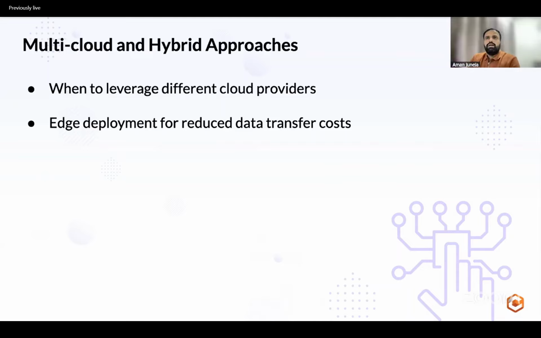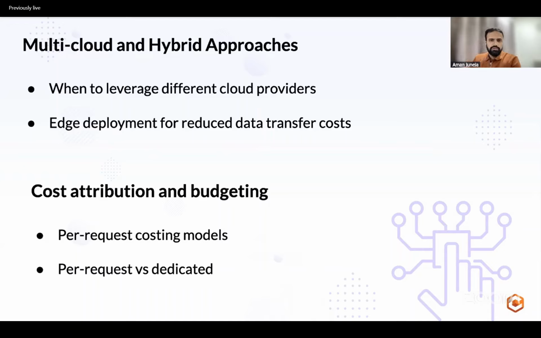Sure. So I think when it comes to multi-cloud or hybrid approaches, all this starts from what the business is going to serve. Are there any compliance requirements? Can you put the data on the hyperscalers? Can you put it on any other niche providers? There are two things that need to be answered: what you are trying to build, and what the limitations are, like any compliance requirements. Now,